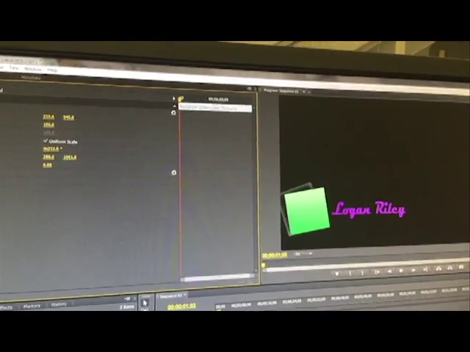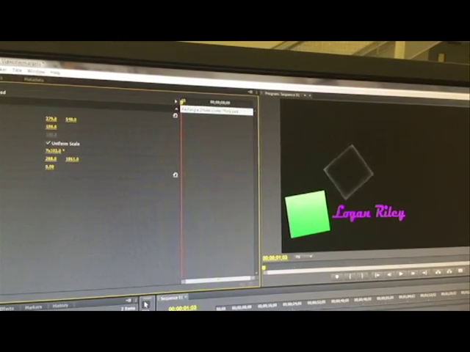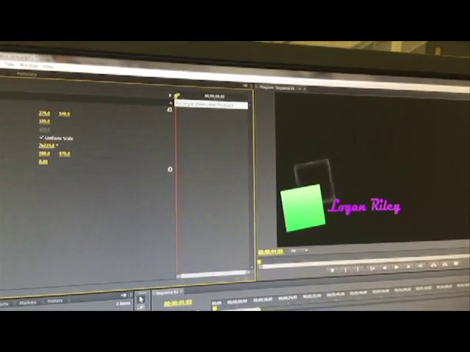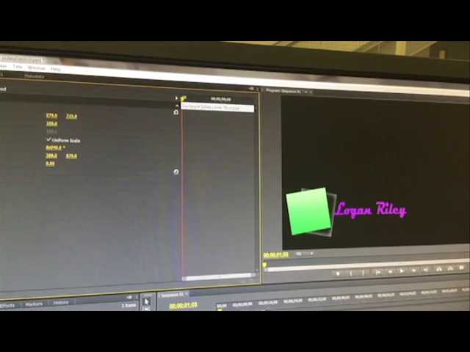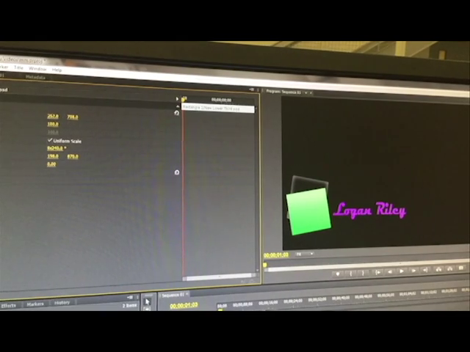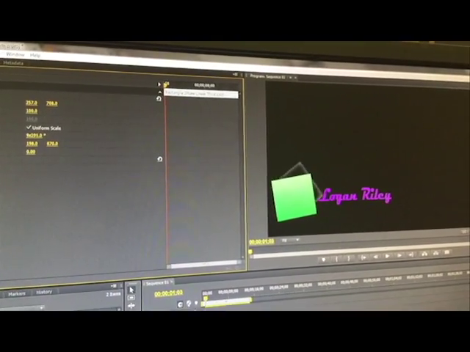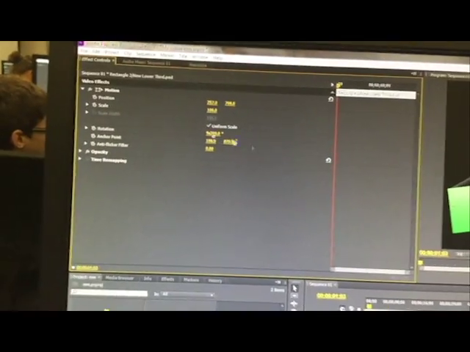And I'm gonna move it all the way over here, and it's rotating. Through some adjustments, you can make it look a lot better than that, but in order to make this rotate,